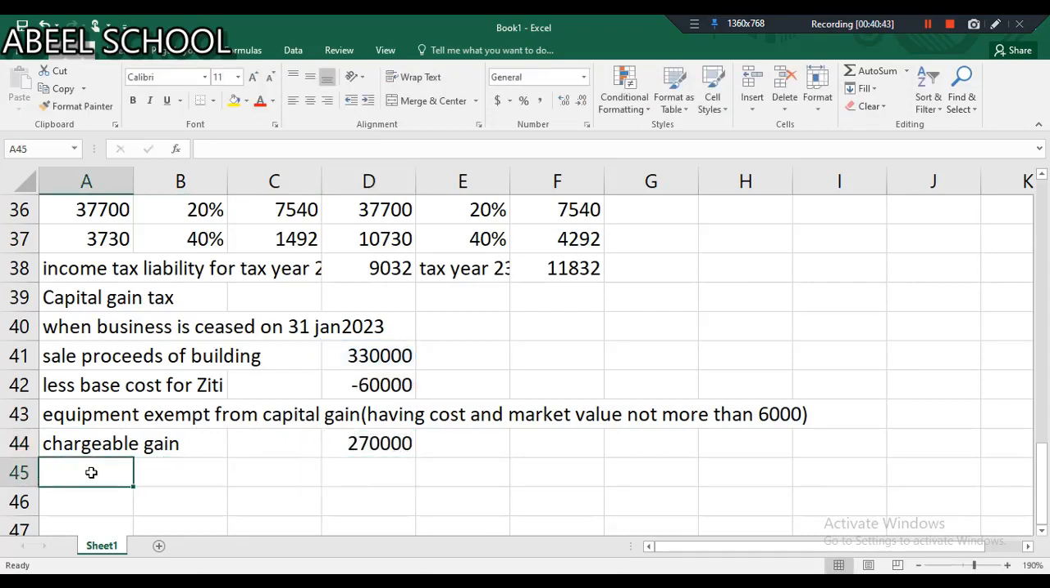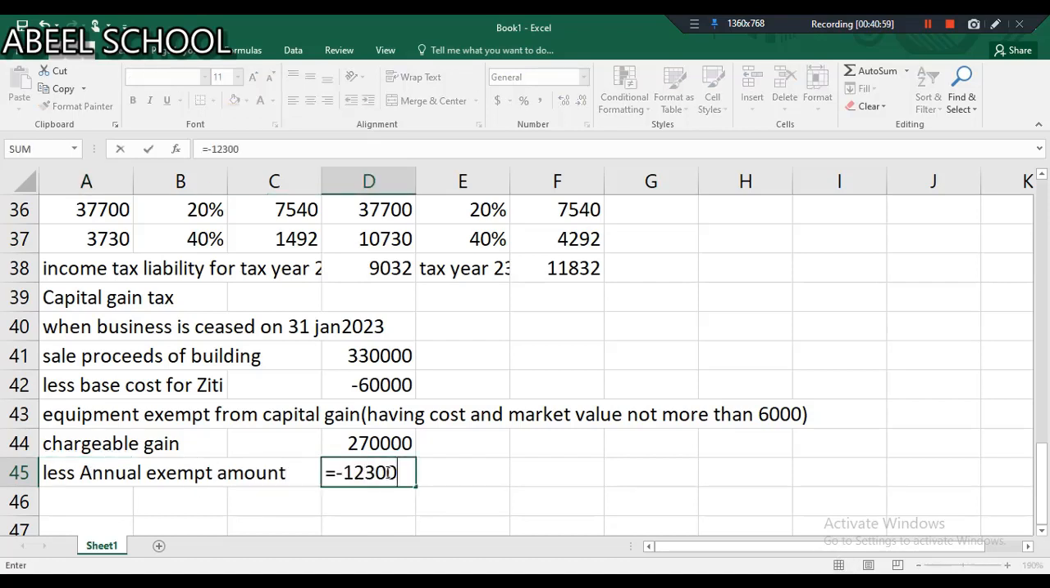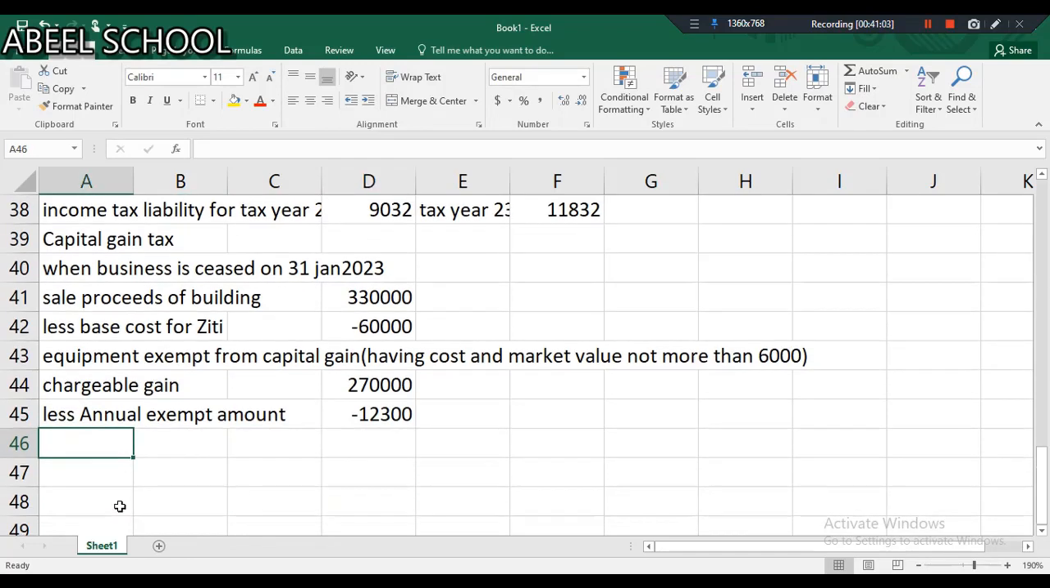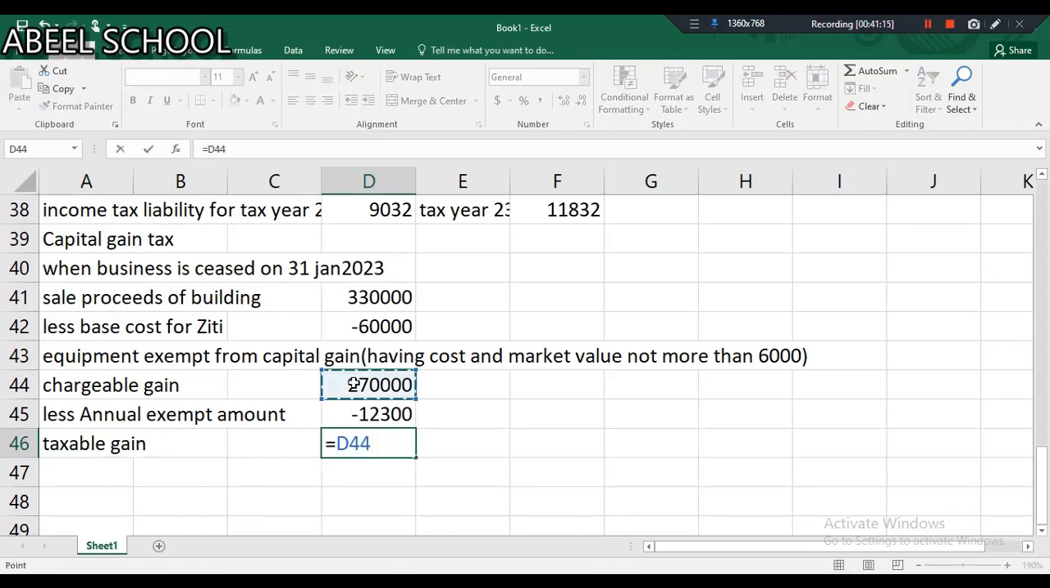Chargeable gain is 2,70,000. From this, I will deduct annual exempt amount, which is 12,300, which is same in both the Finance Acts, Finance Act 2020 and 21. It gives us taxable gain. Taxable gain is this,